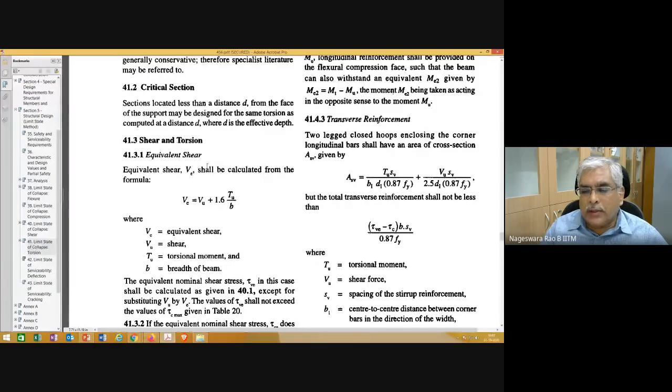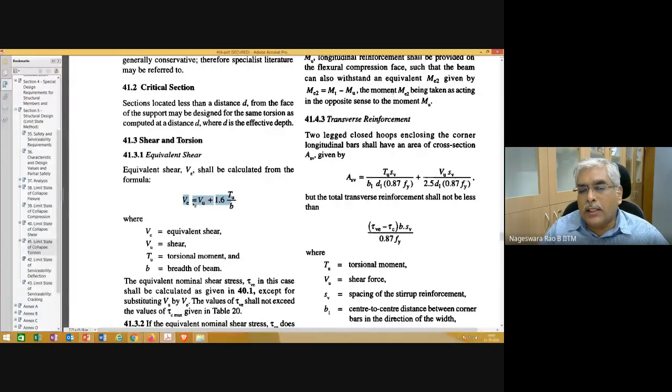But in addition to the direct shear, you also have this torsion. The torque or torsional moment is denoted with this Tu. So you need to find an equivalent shear. Equivalent shear as per IS 456 can be calculated using this relation.